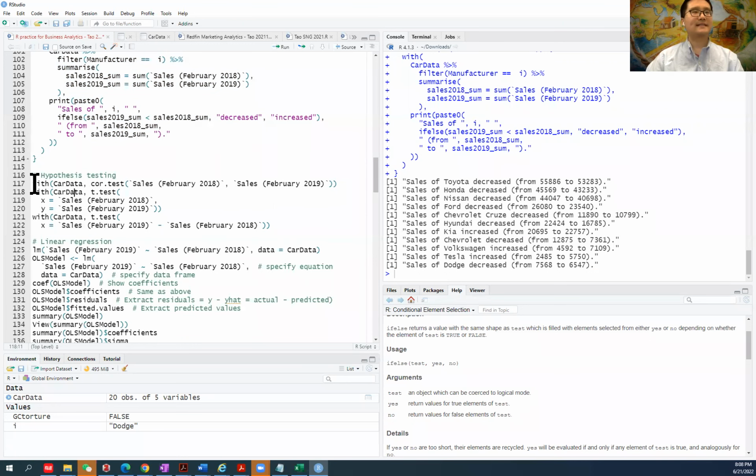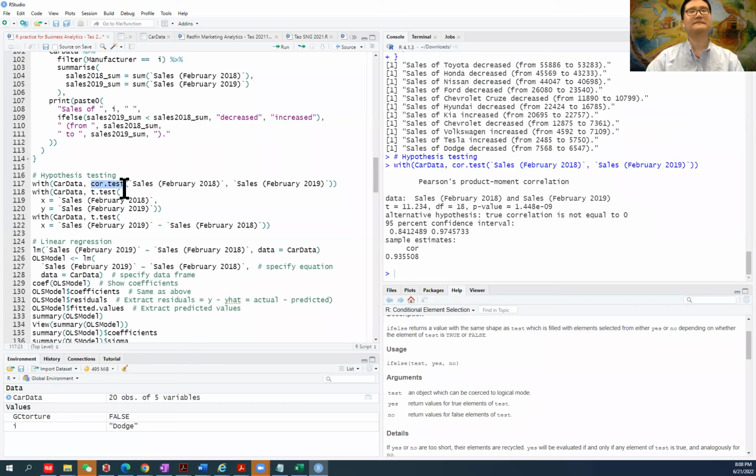Using R, we can also do hypothesis testing easily. For example, to test whether the correlation coefficient between the 2018 sales and 2019 sales is significantly different from 0, we can use this correlation test function. Here, simply we find the test statistic, the df, a p-value, which we will learn in the latter part of the course using Excel. A p-value usually smaller than 0.05 is designated a significant result. So here we can announce that we have evidence showing statistical difference from 0 of the correlation coefficient, which we observe as 0.93, actually 0.94 rounded,